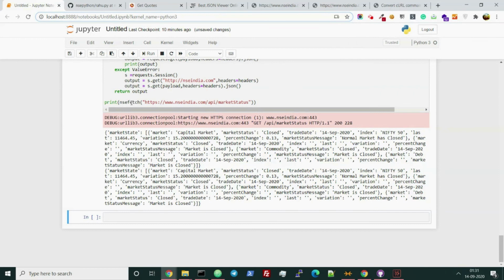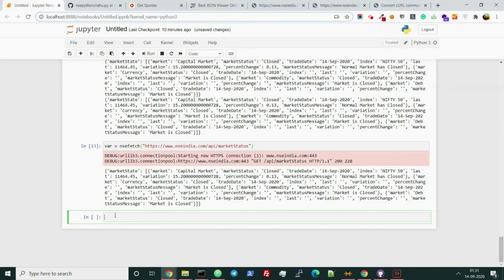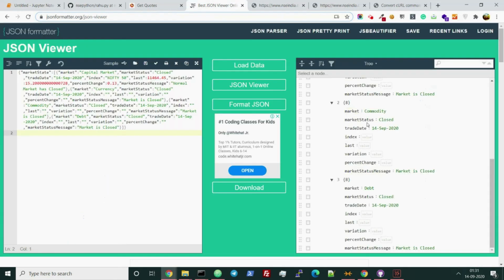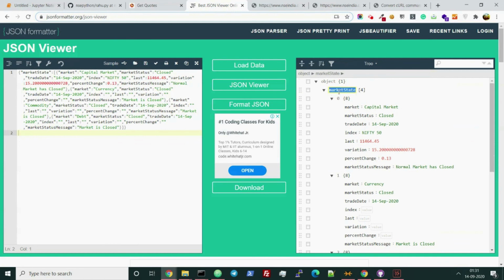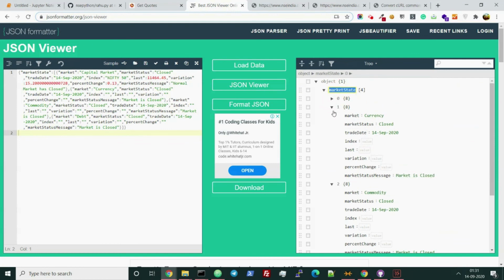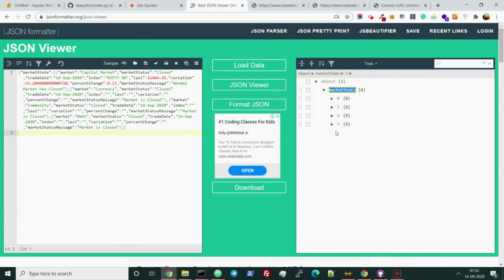Correct. And now you can play with this NSE fetch data with many things, like we can make a variable like this. We have this variable. Now let's say we need to know the market state. Now go to here. See, this is the market state variable which contains four variables.